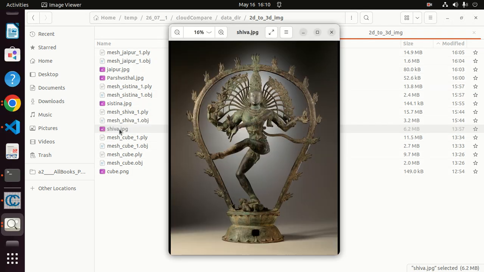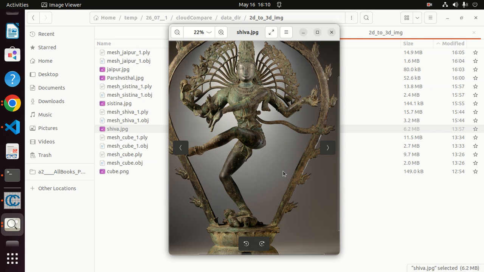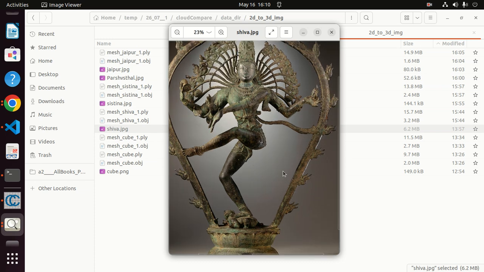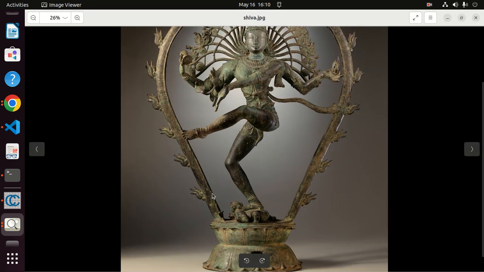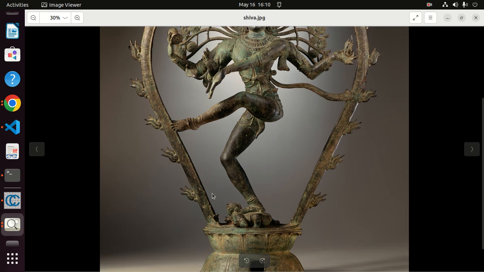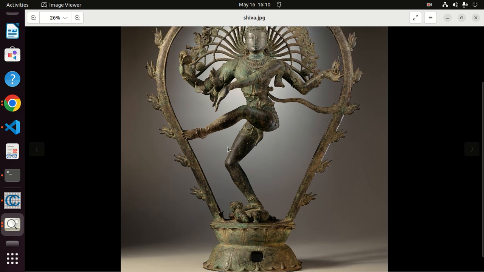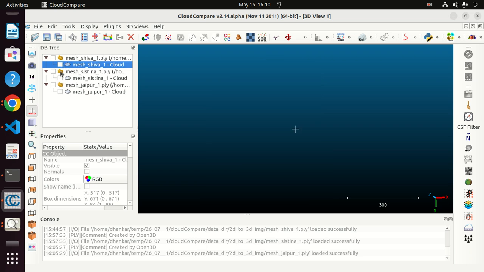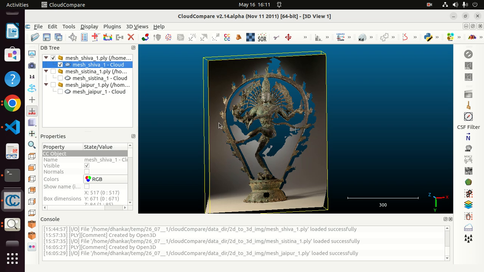Now, this is another image I got from Wikipedia. Here again, there is a perception of depth. Even if you just look at this 2D image, you can make out that this leg is up front, this leg is behind. You can make that out. It is not that you can't make it out. But once you look at it here, you'll get to see. Again, we created a .ply out of it, and this is